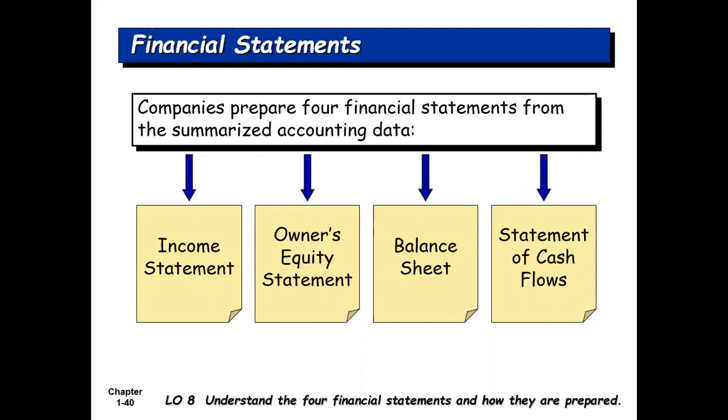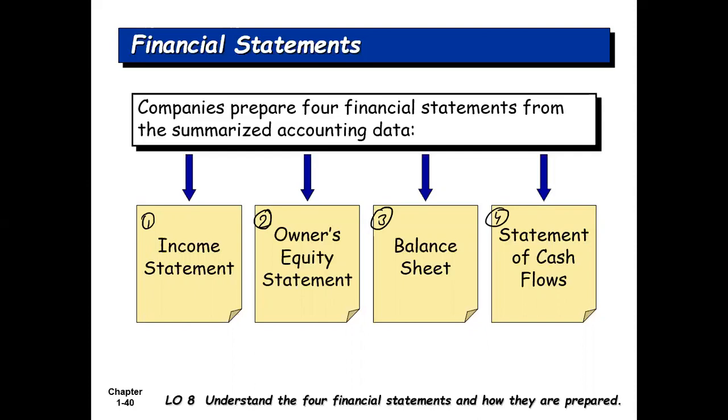So these financial statements, these annual reports, include four basic financial statements. The first statement is the income statement. The second one is the owner's equity statement. The third one is the balance sheet, and the fourth one is the cash flow statement. Now, depending upon the type of business organization and the kind of principles and rules used to prepare those financial statements, the names for these statements can have